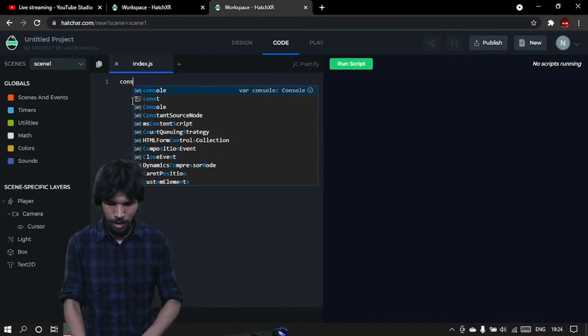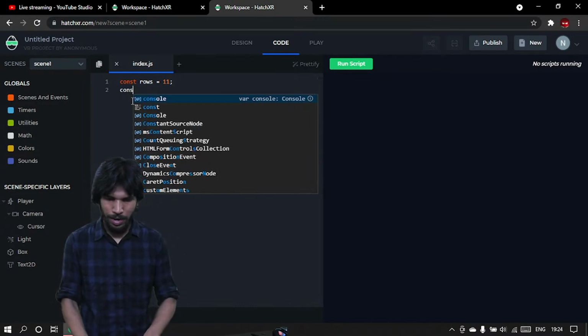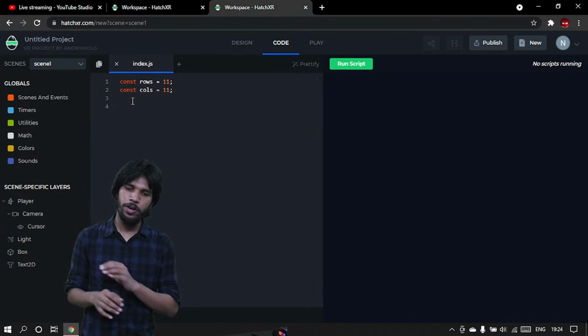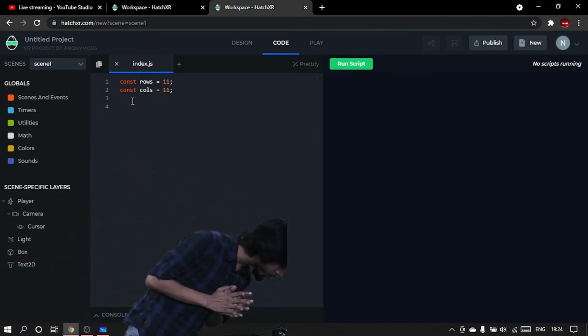First of all, I'm going to define a constant of how many rows I want in my code. So I'm saying 11. For now, I'm putting it to be 11. And similarly, I'm defining another constant of how many columns I want in my game. And that's also 11. Okay. So these two things I'm defining. And after this,